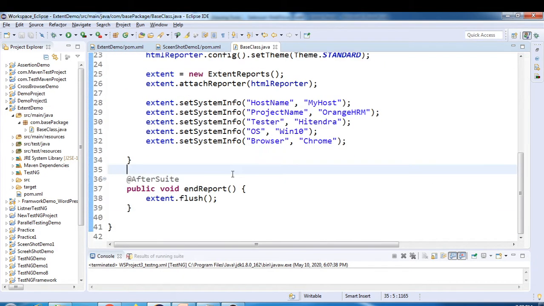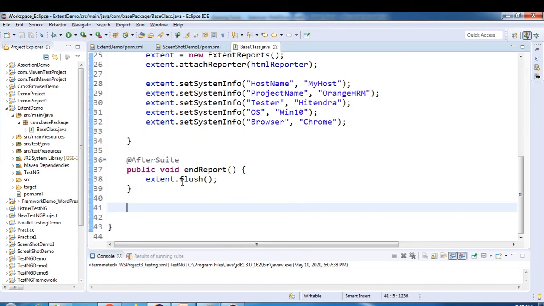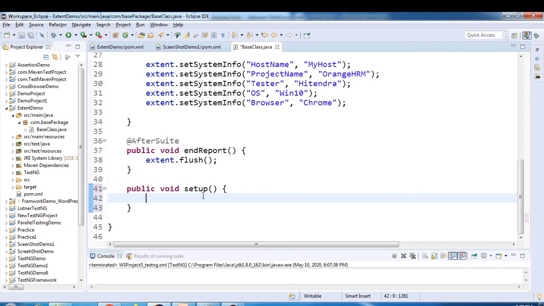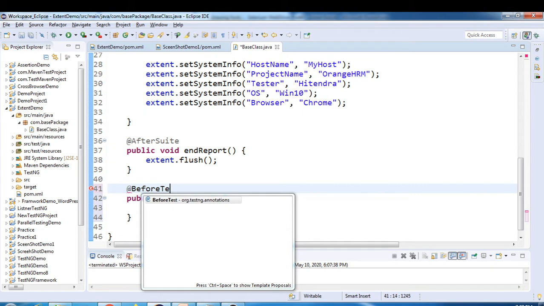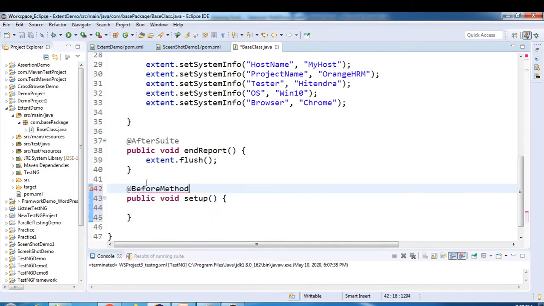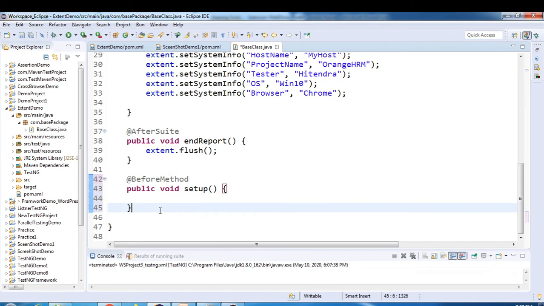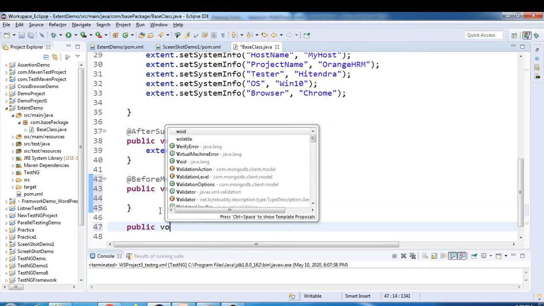Okay, done. Now I'll use before method and after method as well. To launch the browser, we'll use before method. So public void, let's create one setup method to launch the browser, and here I'll associate with before test, not before test, before method. So this will run before every method,